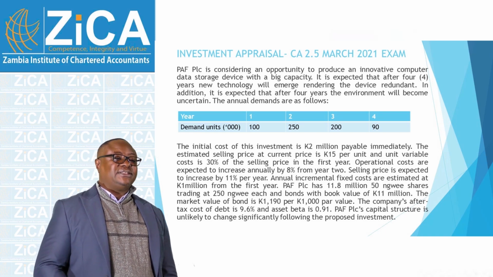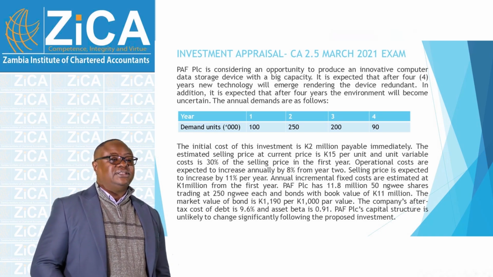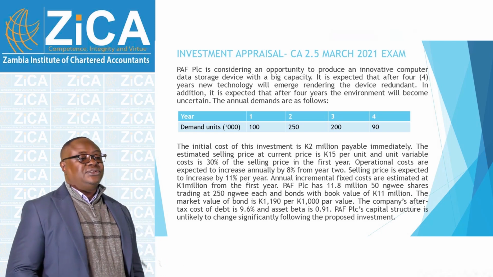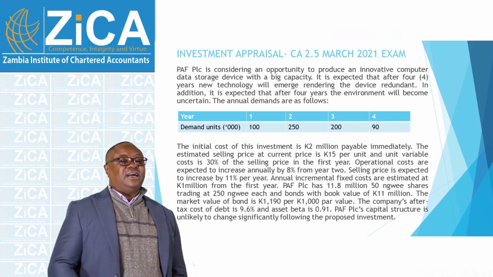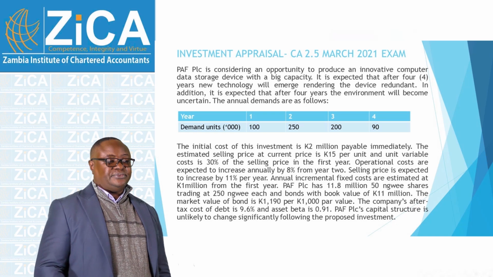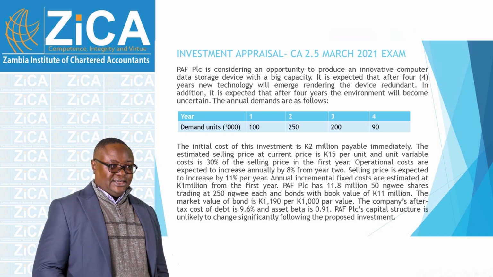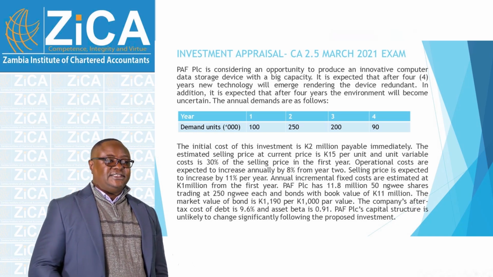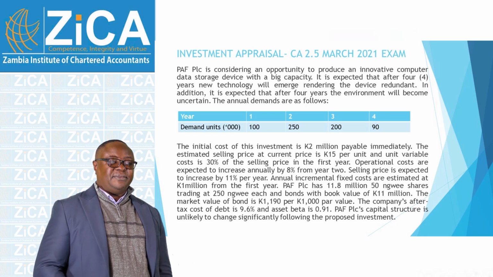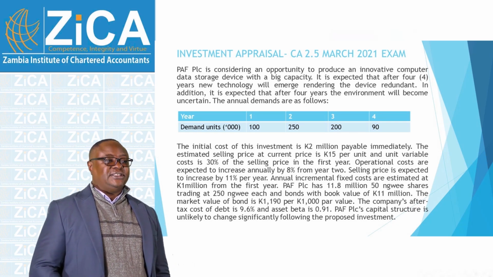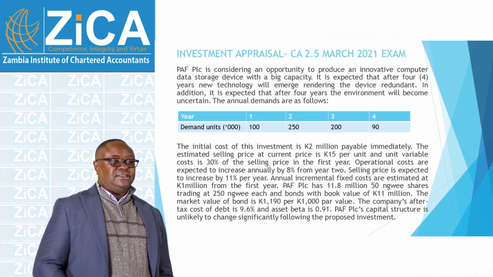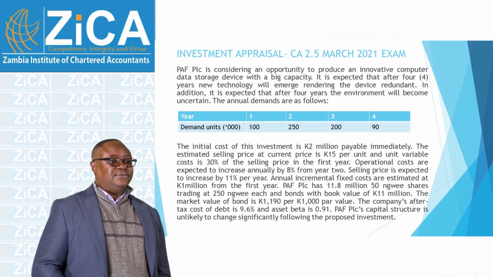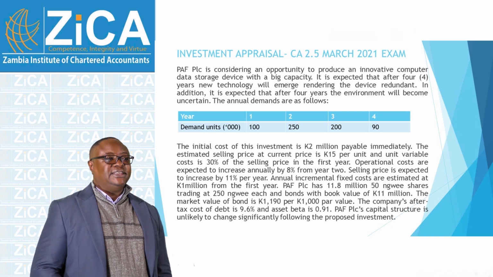So you find that what was given in the question was the asset beta, which required to be regeared. So this was the question. You can see that the first part was asking about calculating the weighted average cost of capital and the specific project cost of capital. The other is to do with the NPV, which we have already shared.